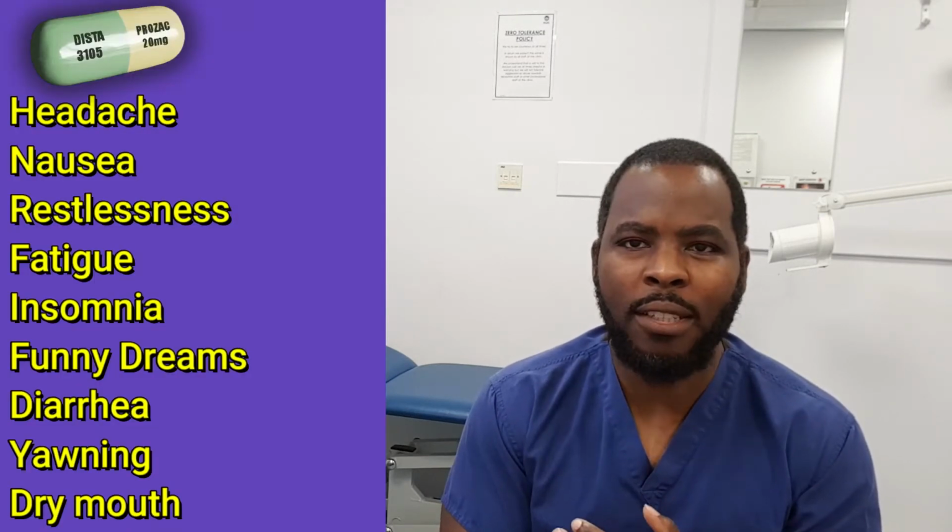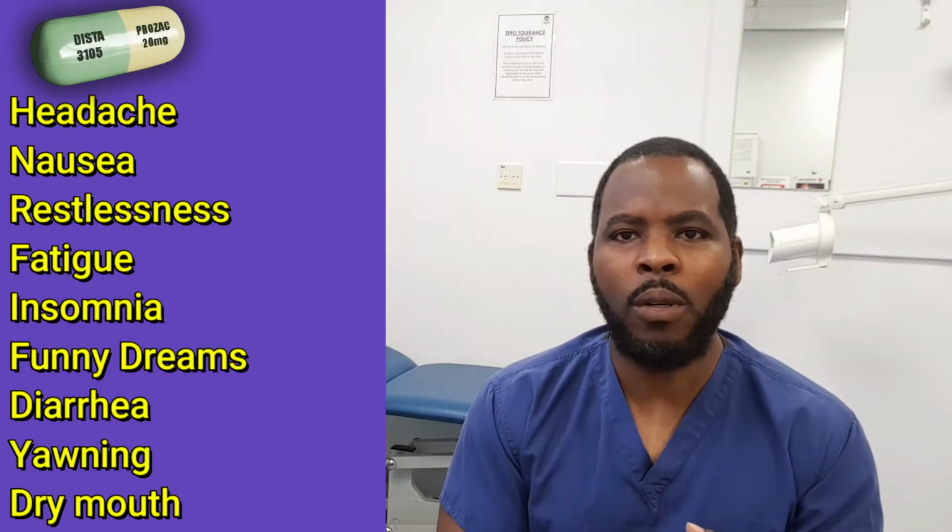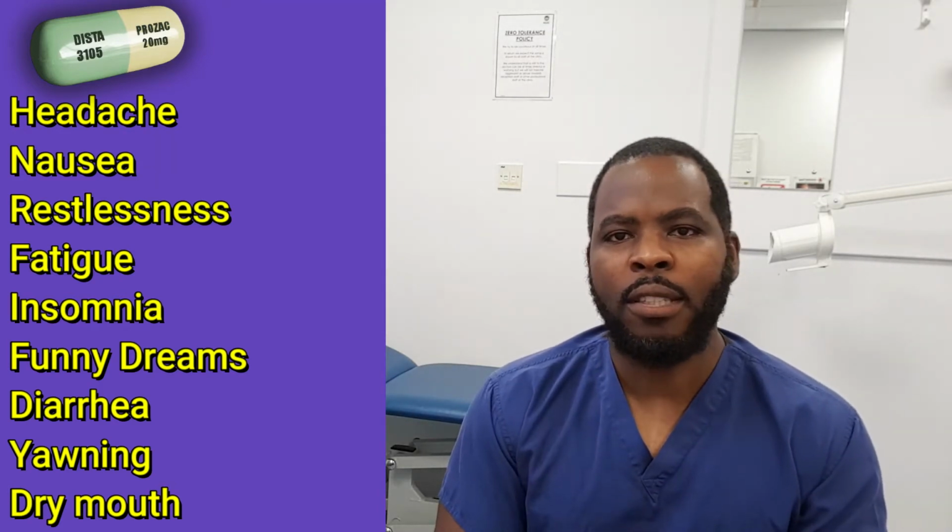Most side effects people tend to complain about is it makes them more tired, they keep yawning all the time, or they might have funny nightmares. It takes about 2 to 3 weeks to really kick in. Fluoxetine is usually started at a 20 milligram dose, and also it is known as the safest antidepressant to use when